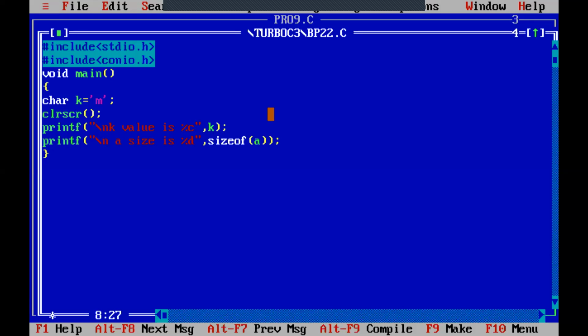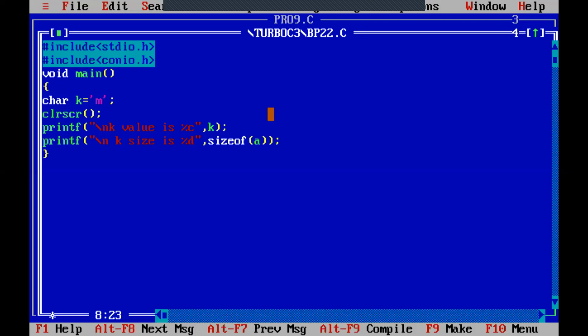Then what is the size of k? We will use "k size is". k's size means 1 byte. 1 byte means that is an integer, right? So we should use percentage d only. If we want to print a particular value, we follow the particular format specifier.